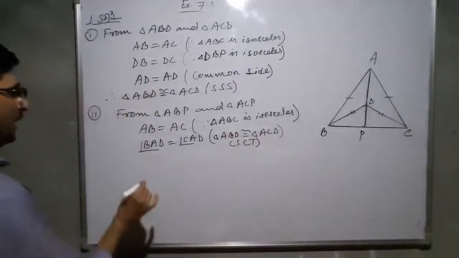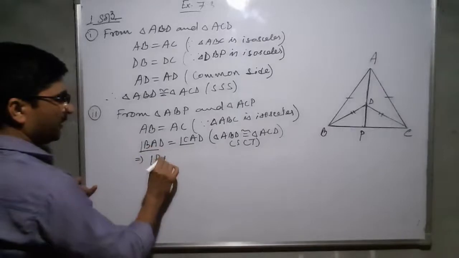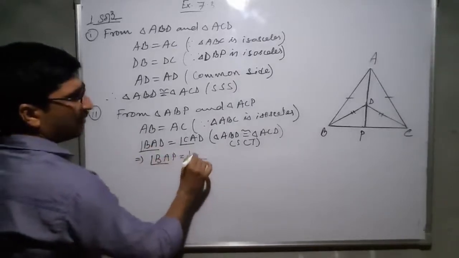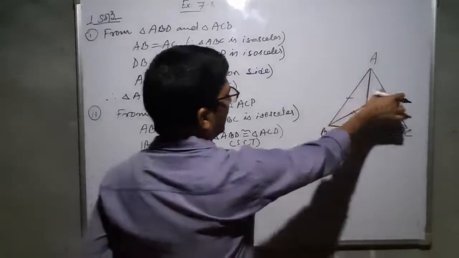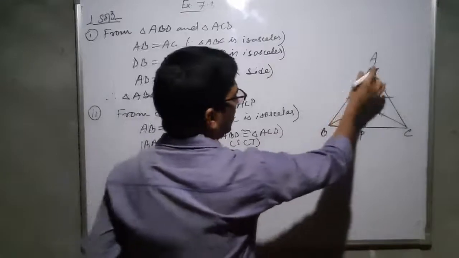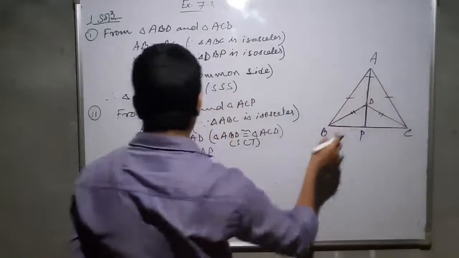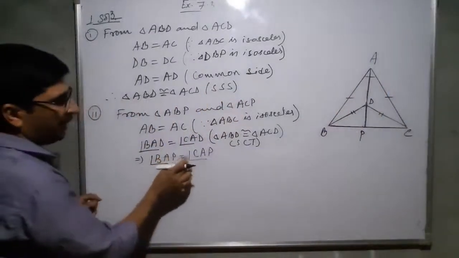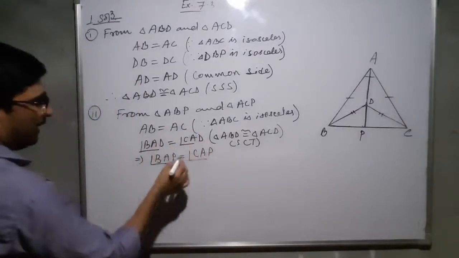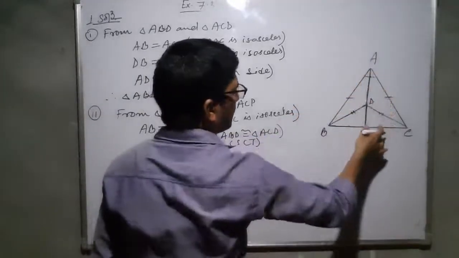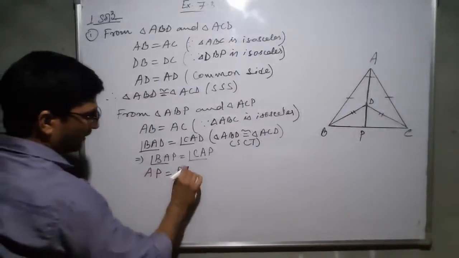Okay, I've written D here, you can write up to P, that is angle BAP equal to angle CAP. If I write BAD, this is only for this triangle and this triangle, BAD and CAD, but we need this angle for triangle ABP and for triangle ACP. That's why I have written the same angle, just extended up to P. Now next one, this is side, this is angle. One more, you check from here, AP is common side for both the triangles, so you can write AP is equal to AP, this is common side.